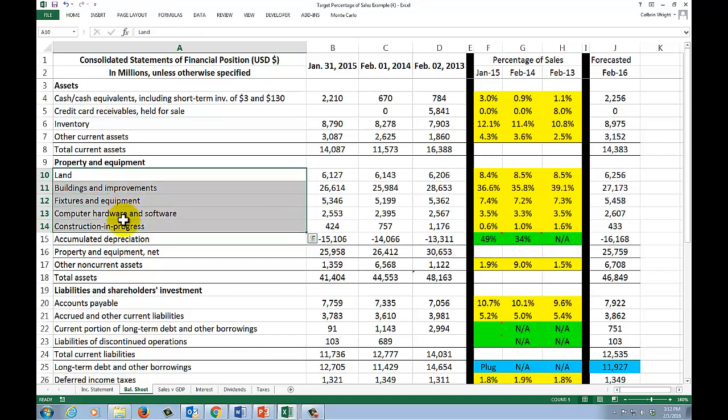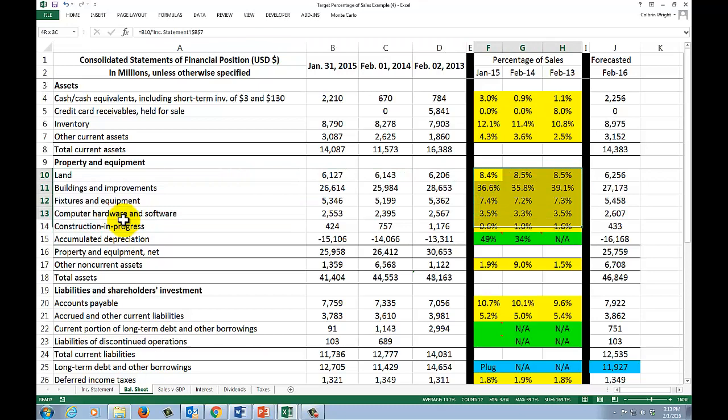Now, this is where we get into that gray area. Do we really believe that the fixed assets of Target vary proportional to sales? My intuition tells me that I think that's right, because I think they need fixed assets, they need stores, they need land, they need buildings, they need fixtures and equipment in order to actually sell their products. But I'm also going to look at the empirics. And what it looks like is over the last 3 years, these things are a relatively stable percentage of sales. Now, I've skipped ahead a little bit, but I'm just using those empirics to try to validate my intuition that it's okay to have these vary with sales.